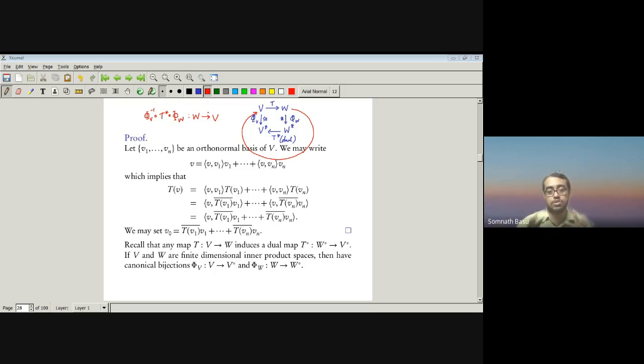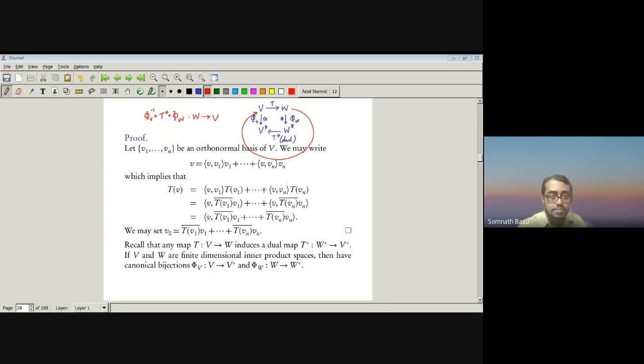So our job for this lecture is going to be focusing on the very specific case where W equals V. So both W and V are the same. So if V equals W, you're dealing with self maps. So these vertical maps are the same identifications, V to V star, V to V star. T star is the map induced from V star to V star. So in the context when W equals V,